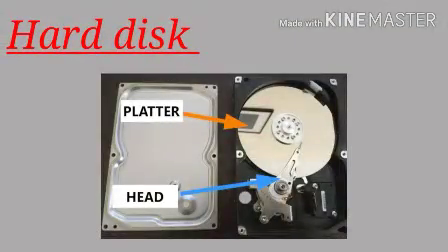Now, one type of secondary storage device is the hard disk. This is the main permanent storage device inside a computer and stores its programs and data. It consists of a number of disks called platters, stacked one on top of the other. Moving heads read and write data as the platters rotate. A hard disk can store a large amount of data.